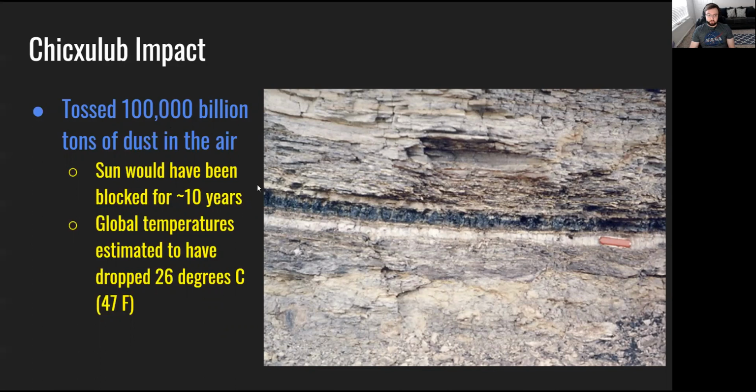Now, this picture right here, this is the smoking gun. This was the piece of evidence that really led people to say, oh, it was an asteroid impact. This right here is iridium. And this was found all over the world at a certain depth. And remember, when you dig, the deeper you go, the farther back in time you're going. So if you dig down deep enough, you're seeing far back in time. So if you find this all over the world, and if you're finding this high concentration of iridium, which is